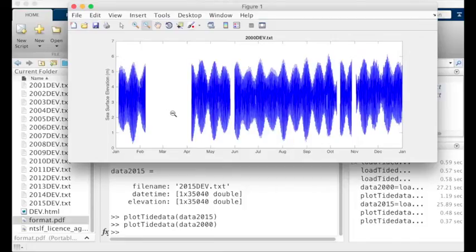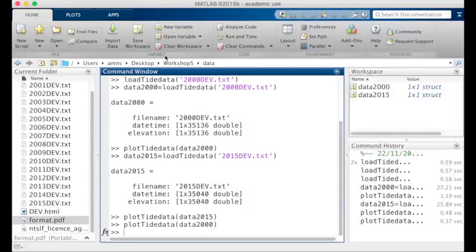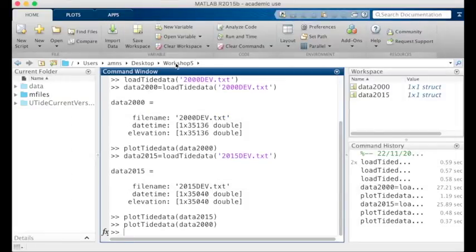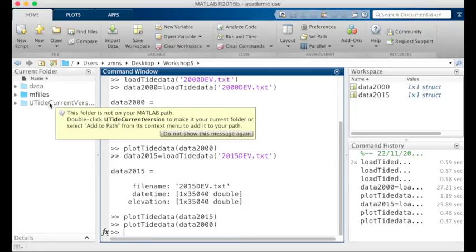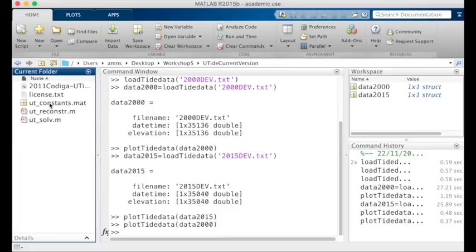And we can use a toolbox to enable us to do that. And the toolbox is called UTide. We've seen that it's available on the MATLAB file exchange, and it's within the Workshop 5 folder. So if I change back to that and then change to UTide current version, which is the